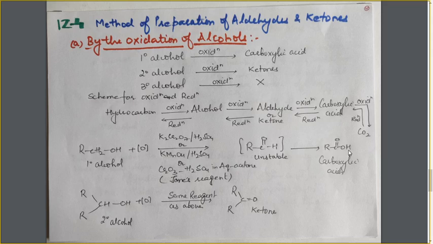And for this conversion, simply the nascent oxygen will be inserted into this bond, and we will write this structure, that is carboxylic acid. In this case, with this nascent oxygen, remove one hydrogen atom from this position and one hydrogen atom from this position, you will get this structure. In this way, you can easily write down the equation.